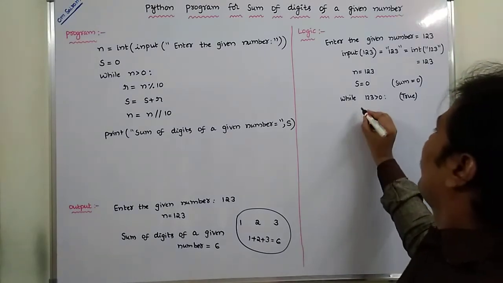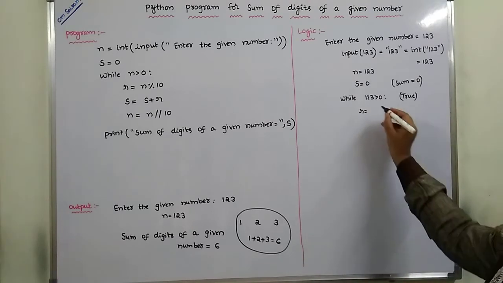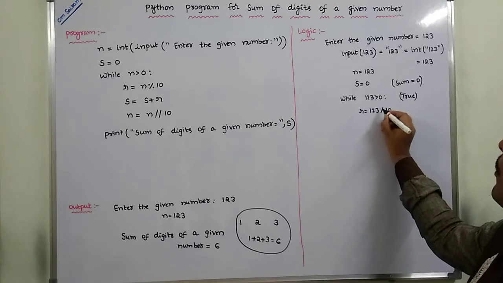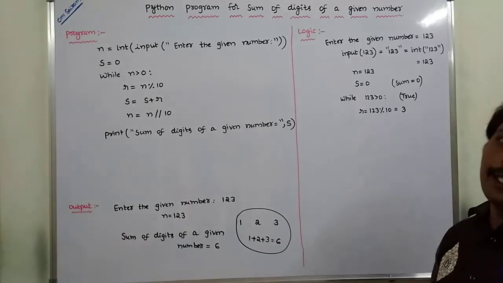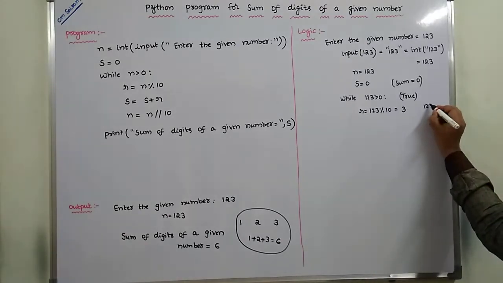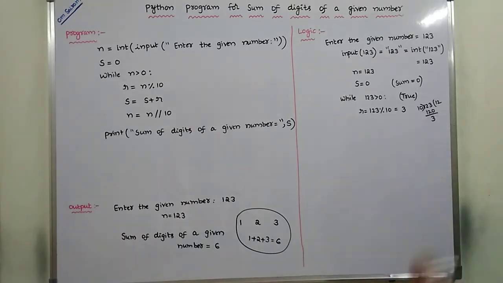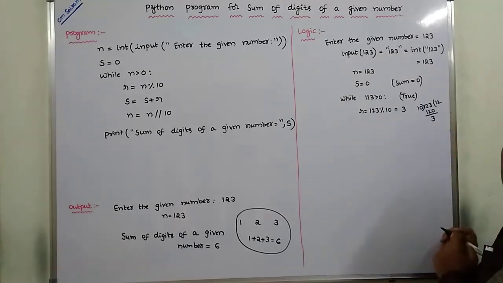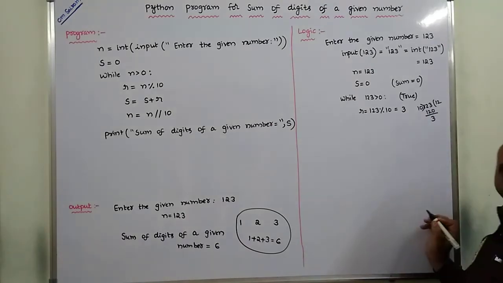Next, first step in the while loop, r is equal to n modulus operator 10. So n is 123. 123 modulus operator 10 is equal to 3. How are we getting that? 123 can be divided by 10. 10 12s are 120. So what is the remainder we are getting? 3. The modulus operator always returns the remainder value. So this value is equal to 3.